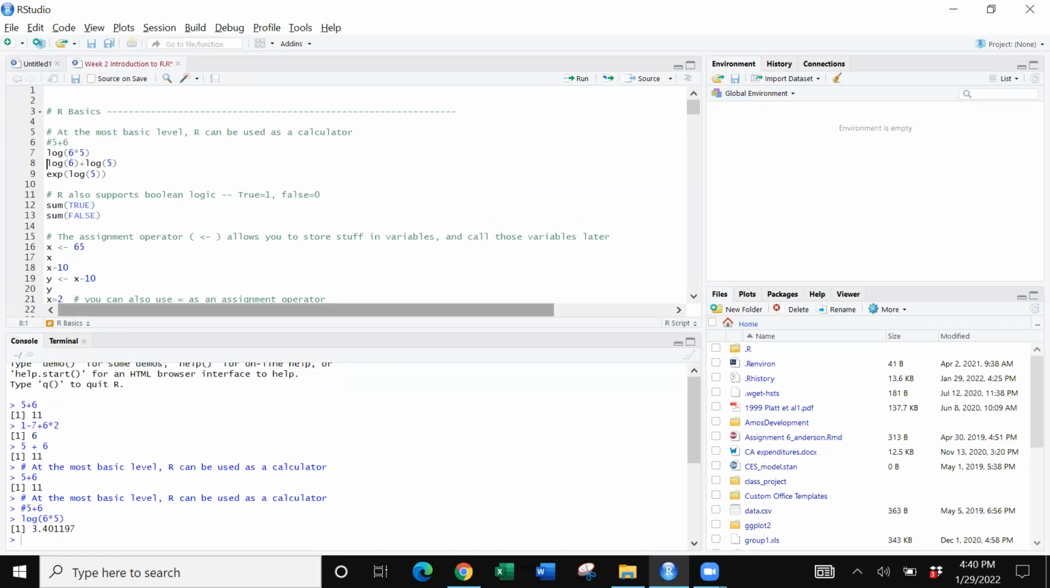Now, if I execute that line, R just ignored it, and it went to the next line that it could execute, which was the very next line, number 7 there. So that's a note on commenting out code. The other thing I'll say on organization,